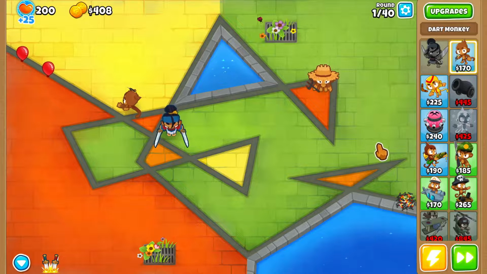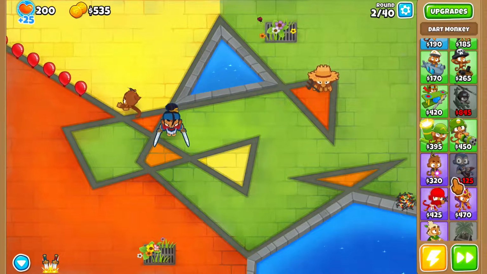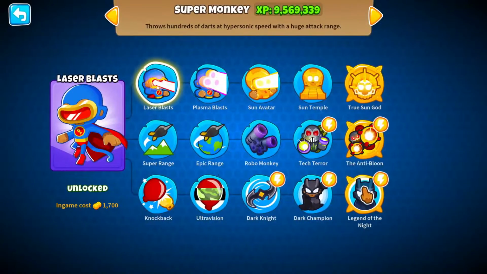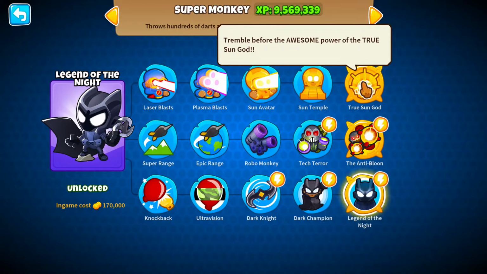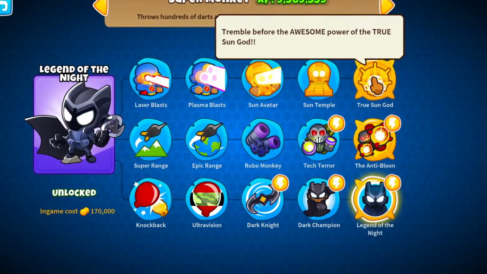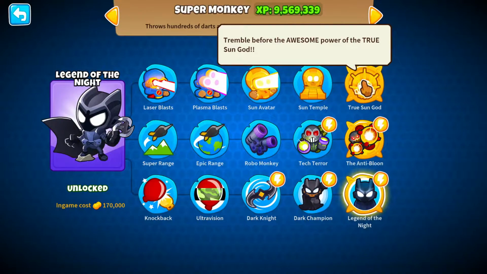So today's gonna be really interesting because we're gonna take two of the strongest, or supposedly the strongest, non-Paragon towers in the entire game against each other, and that's gonna be the Super Monkey's Legend of the Night T5 upgrade, which is so beautiful. I love this upgrade so much. And then we have the True Sun God. Tremble before the awesome power of the True Sun God, which I don't think is actually stronger than the Legend